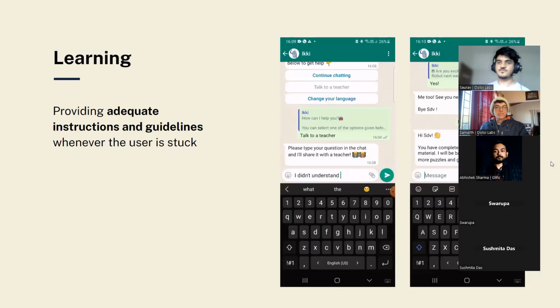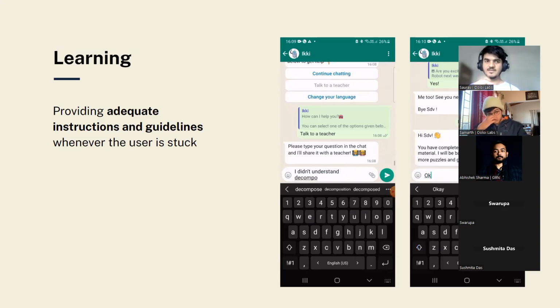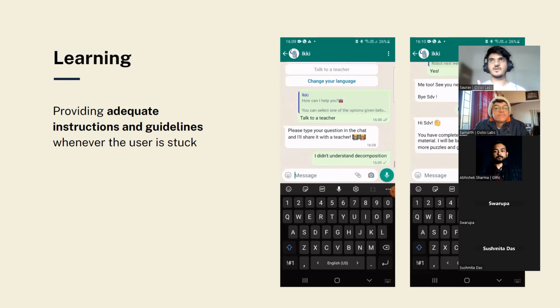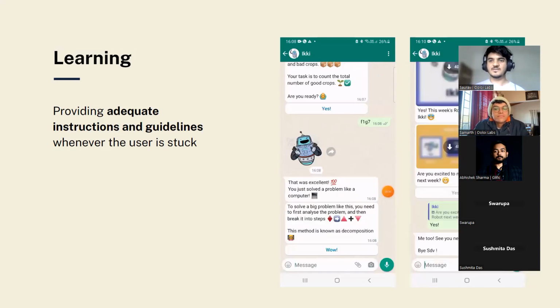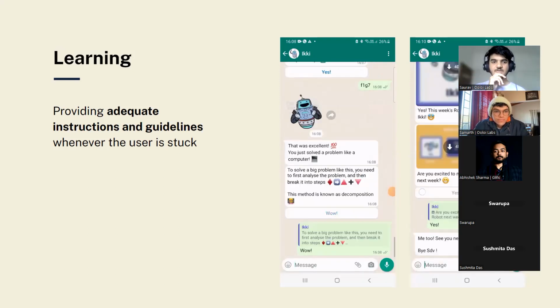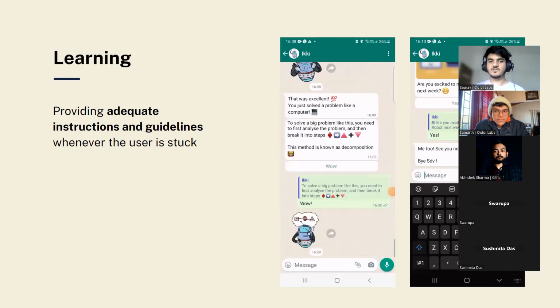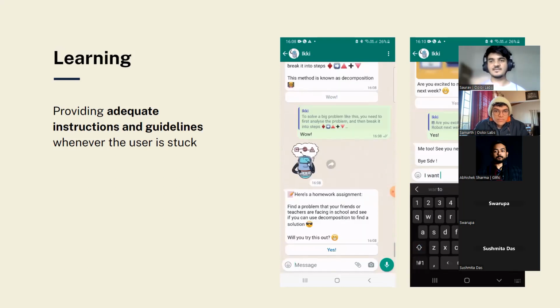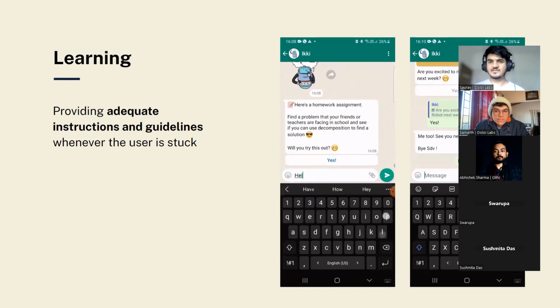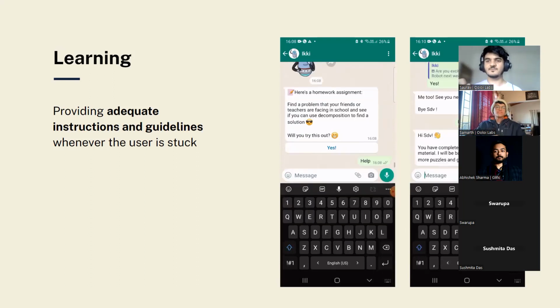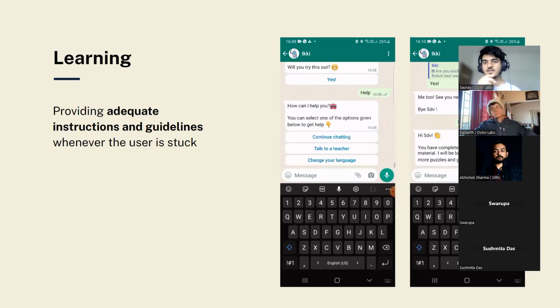Yeah, user friendly features, another important aspect. So again, this is all about how we provide certain footholds and certain features which allow the users to navigate the experience in case they are stuck. For example, here we have a help menu which the users can access anytime they want to change their language or they have a question that they want to ask.